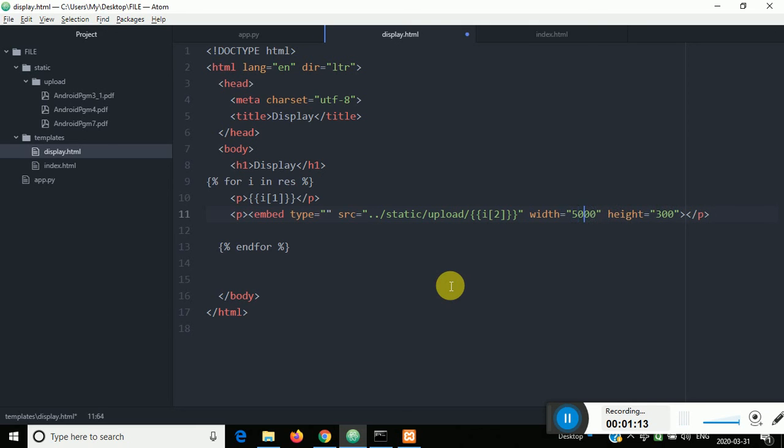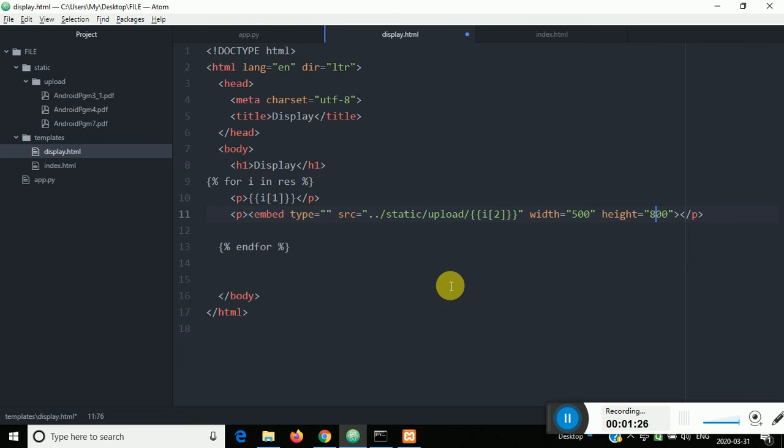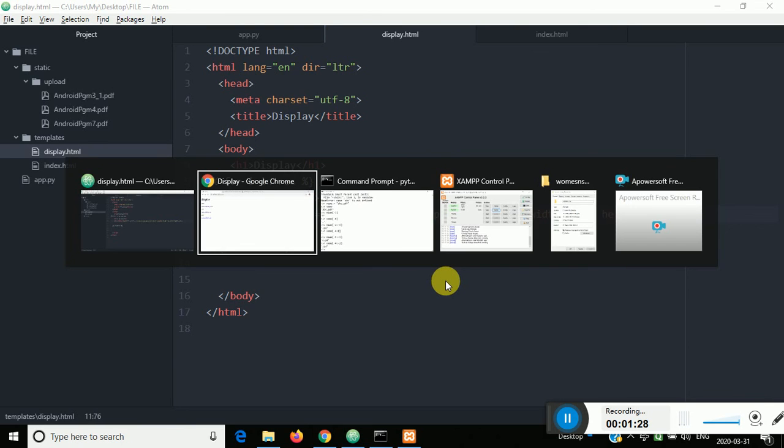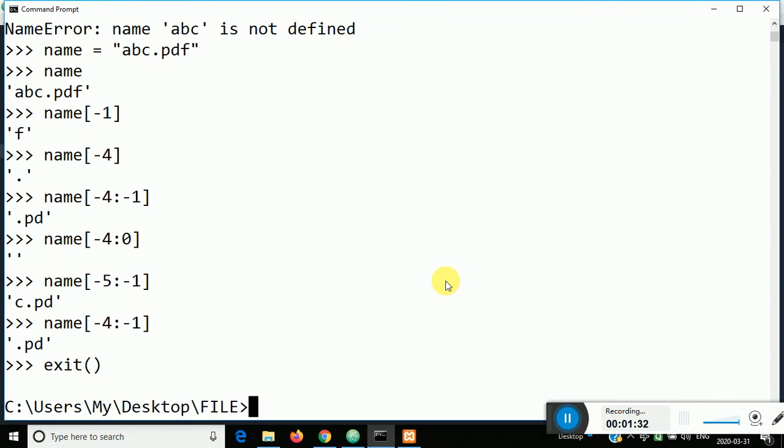You can put 500 500, height is 800, like this you can put. So let's see. I'll save this, exit, I'll run it.